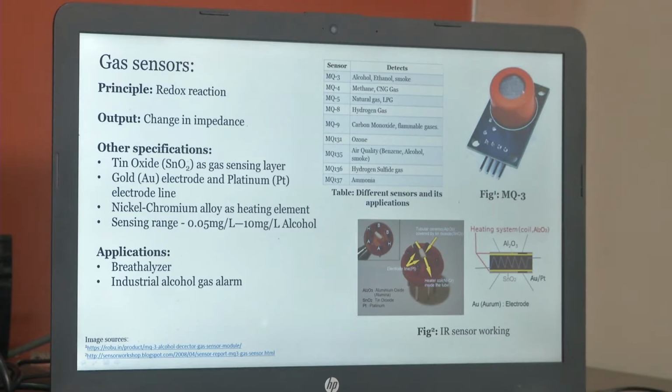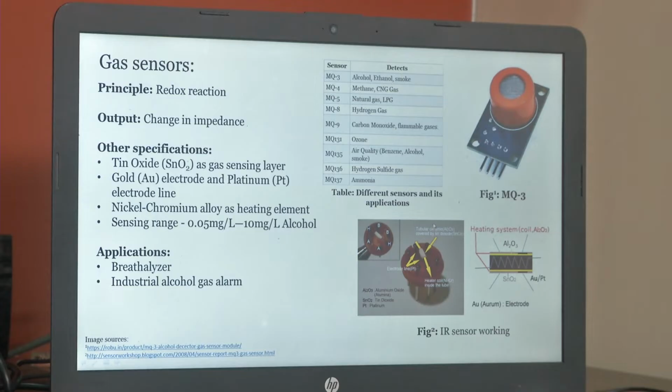So if you remove this orange part over here in the MQ3, you will be seeing something like this. So AA and BB are the electrodes. The electrodes can be gold or platinum. Okay, this HH is actually a heater coil. What a heater coil does is, when current is passed through it, it will create heat. Okay, this heater coil is covered by a tubular ceramic aluminum oxide covering. Okay, and above this aluminum oxide tube, we have tin oxide or stannous oxide coated.